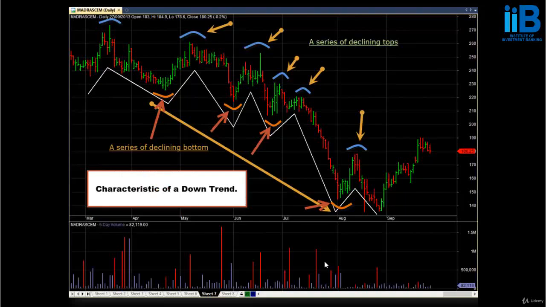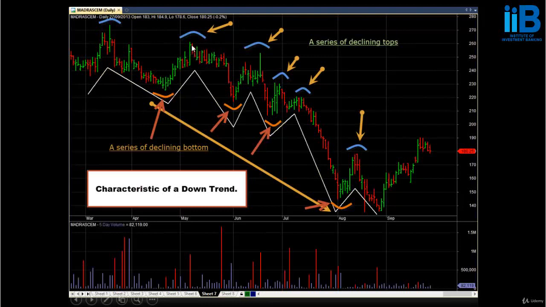Let's go ahead and take an example of a real chart. This is the Madras Cement chart for the year 2013. It covers data from March 2013 to September 2013. You can see this stock shows characteristics of downtrend where it has a series of falling tops along with a series of falling bottoms. Every time market goes lower, breaks its previous bottom, it surges up but fails to sustain its upward momentum,